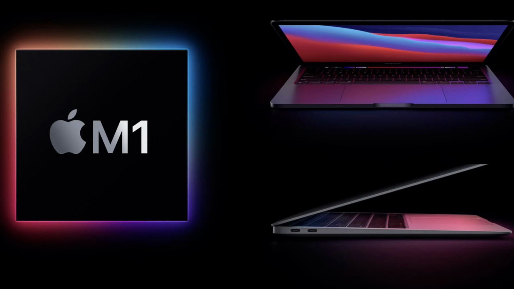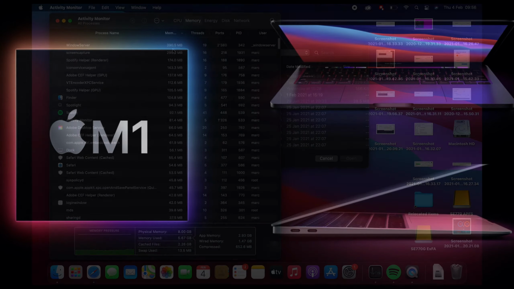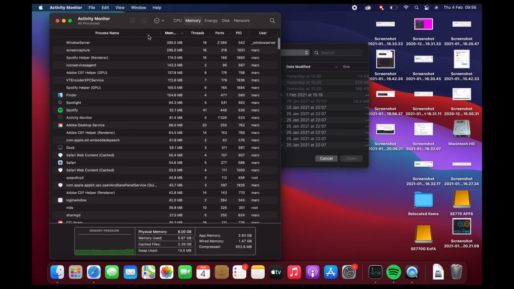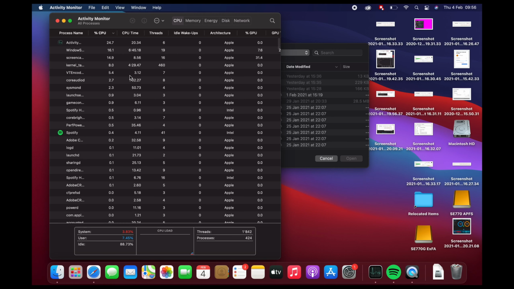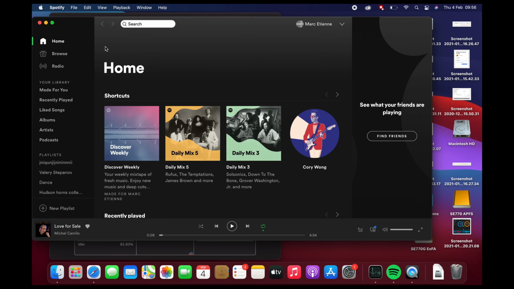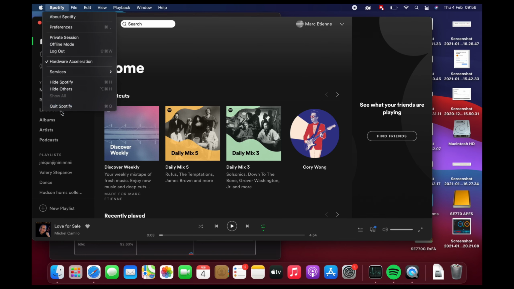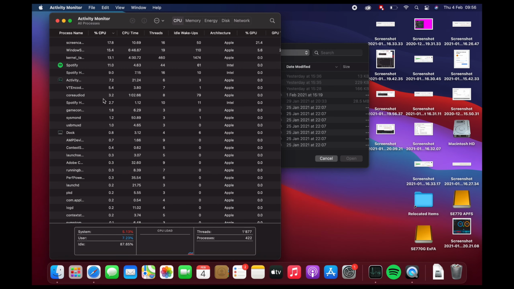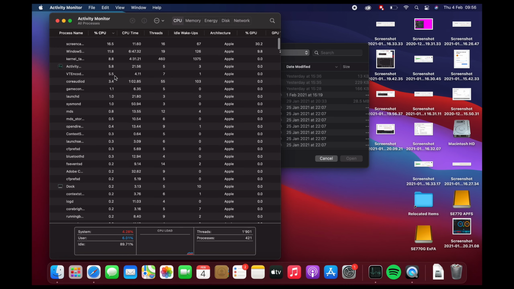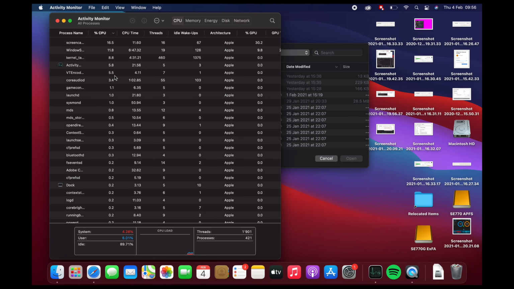So for the moment, as we can see, if we look at the CPU, we have actually nothing working except the recording software. Well, we have Spotify, so let's take this Spotify out, quit Spotify. So now we should have only, exactly, we have basically nothing